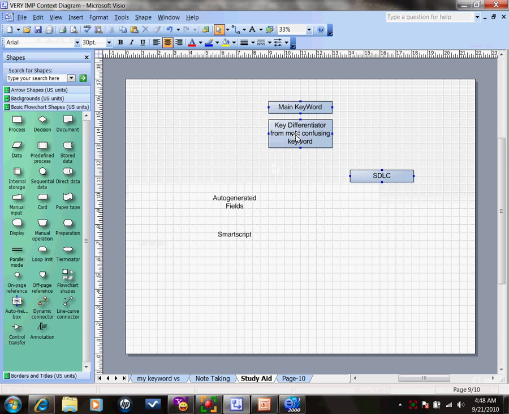I didn't know how to put it. I just put it like this. Key differentiation. I don't know. From most confusing keyword. This is very important. You need to think what, like, I will be saying this thing again and again, like